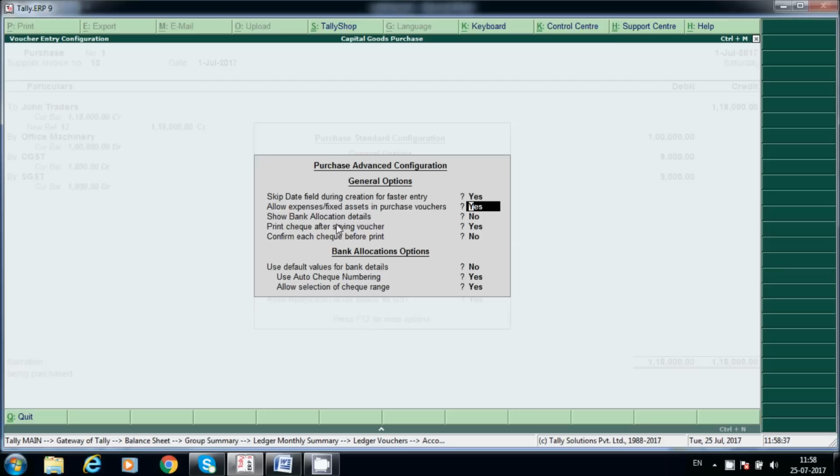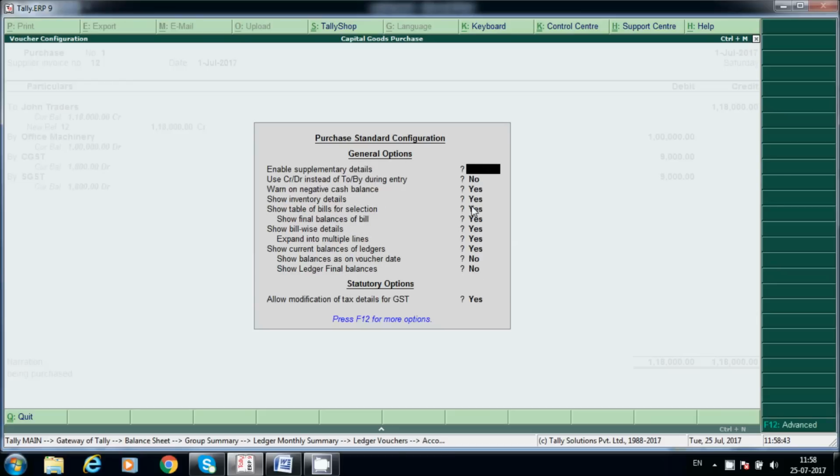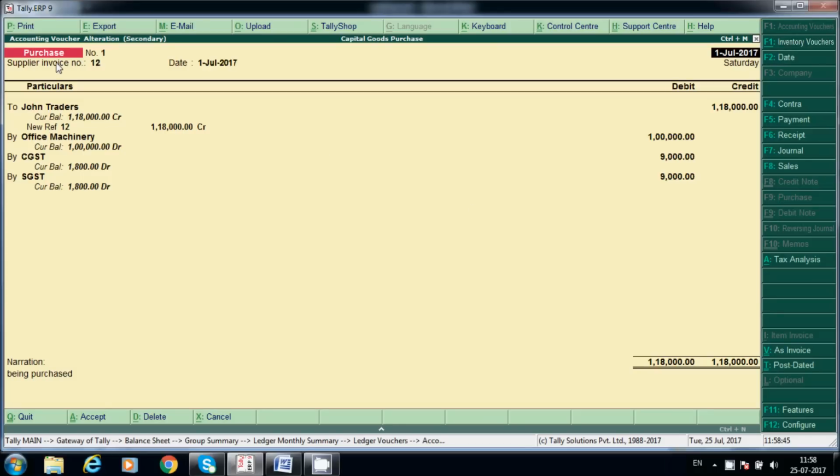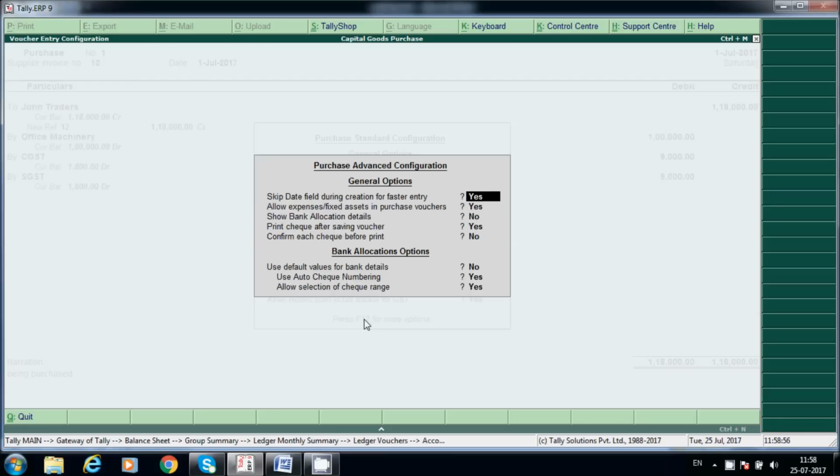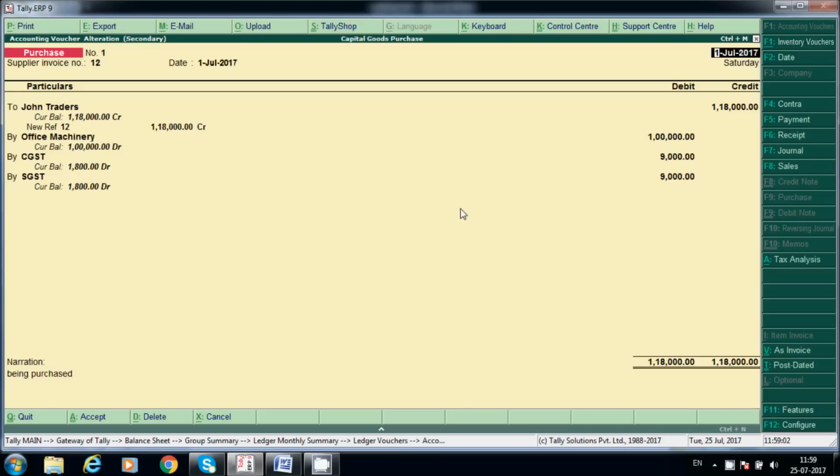Here we have to select the option allow expenses or fixed assets in purchase voucher. We are using the purchase voucher here, so if you want to allow fixed assets, we have to go to F12 configuration and again F12, and enable this, say yes here. This is mandatory.